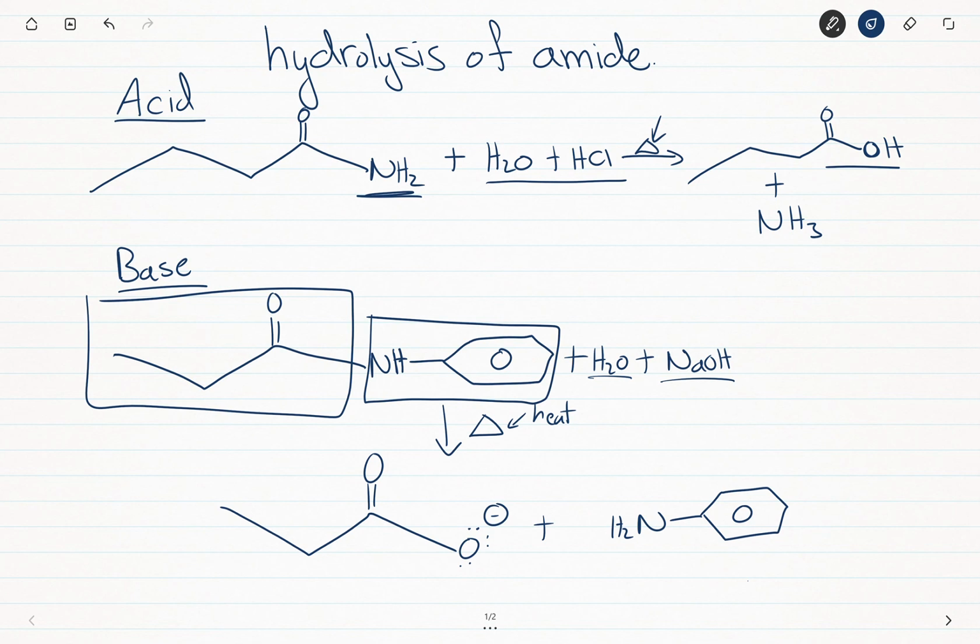So when you do an acid hydrolysis, you form the carboxylic acid, as shown right there in that functional group. And when you do the base hydrolysis of the amide, you get the carboxylate